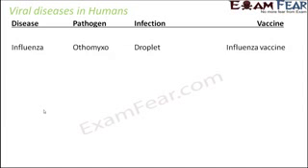So we will start with influenza, which is also known as flu. It is caused by the pathogen orthomyxovirus. And how does the infection spread? It spreads through droplets, and a vaccine is available, which is called the influenza vaccine. Smallpox,